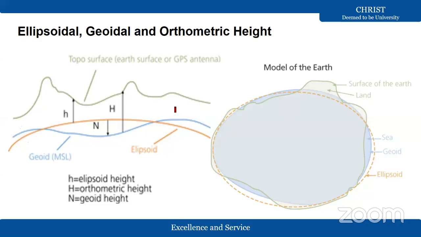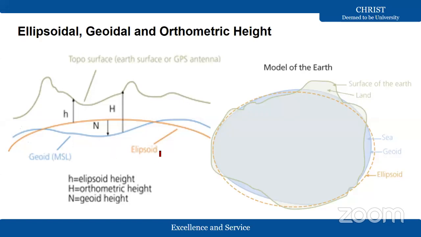Everywhere your projection plane is normal to all the projection lines, and all the projection lines are parallel in orthometric height. So generally we measure the geoid, MSL, mean sea level. With reference to mean sea level, we are going to measure the RLs of the Earth surface in leveling. You have to be clear about ellipsoidal heights and MSL heights.